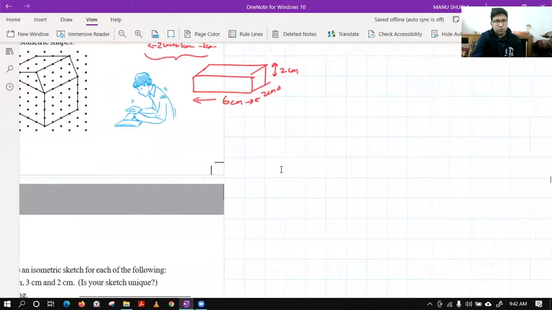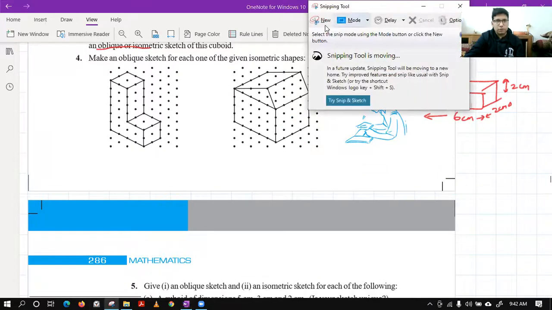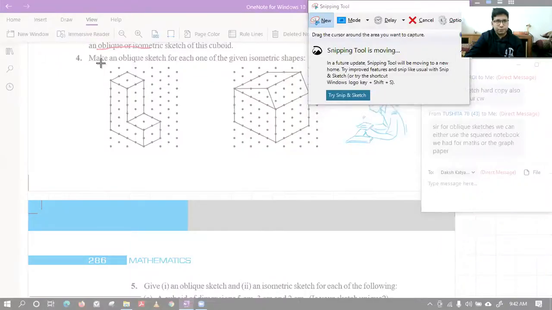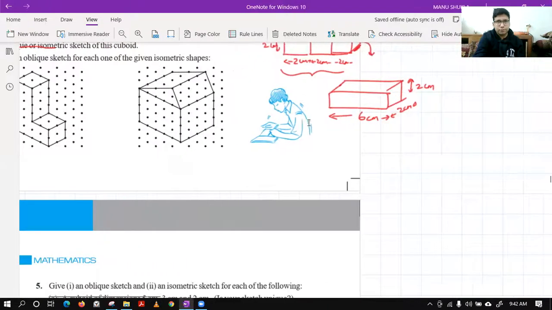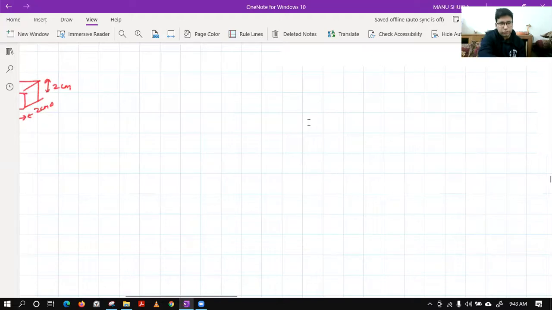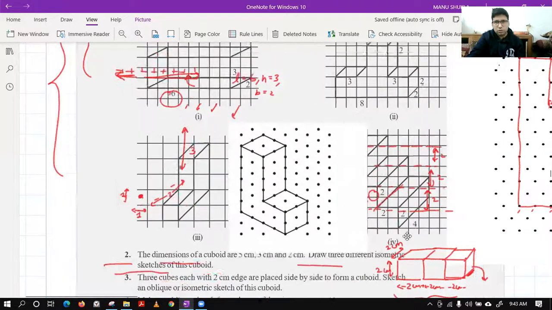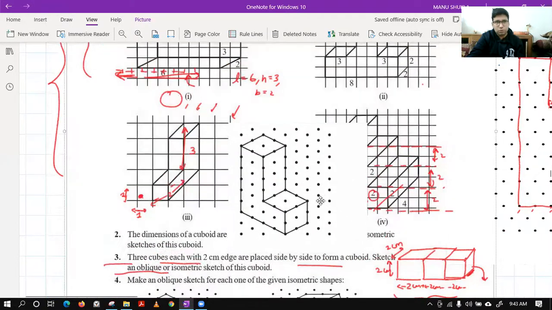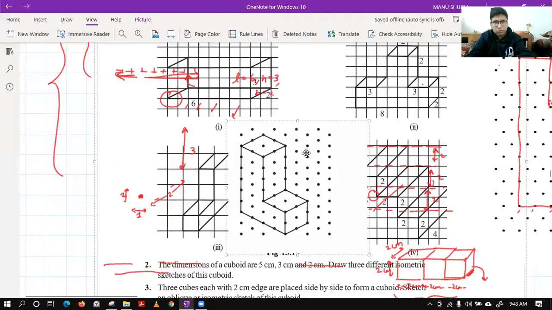Okay. Now let us take the question. Suppose the first one we have. Can we use graph? Yes, Kritika, you can use graph if you want.